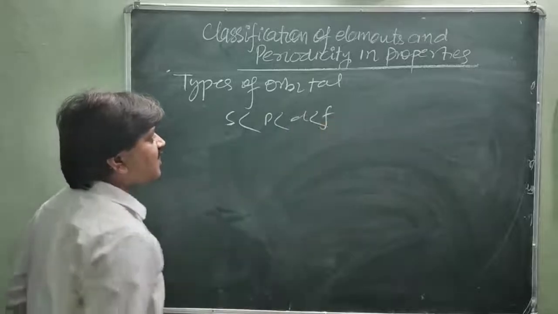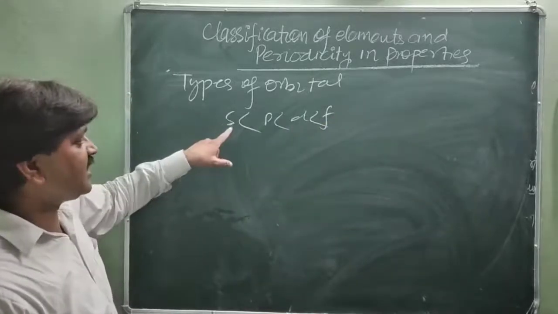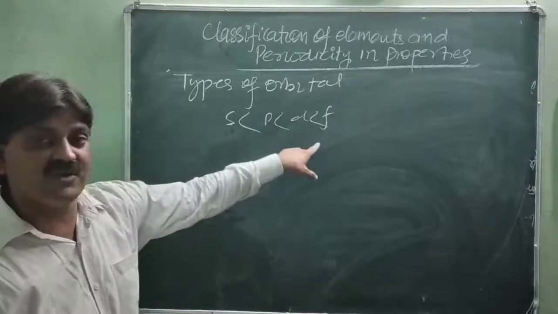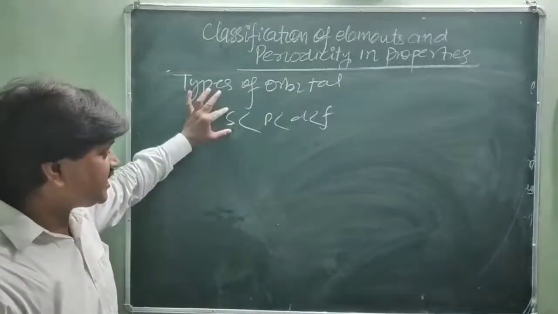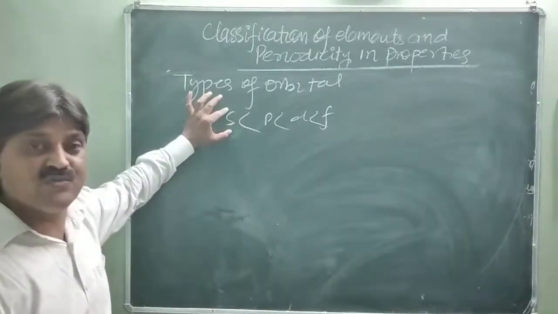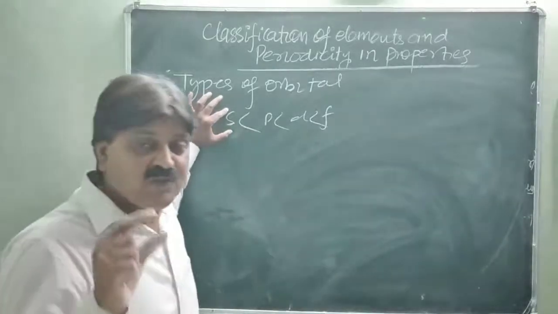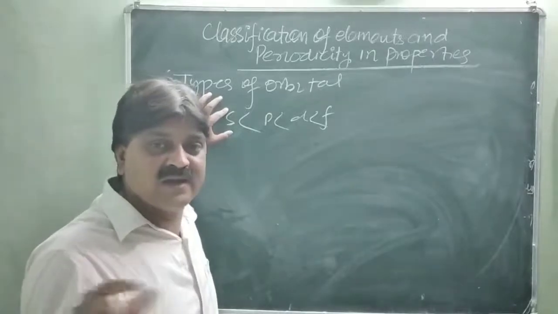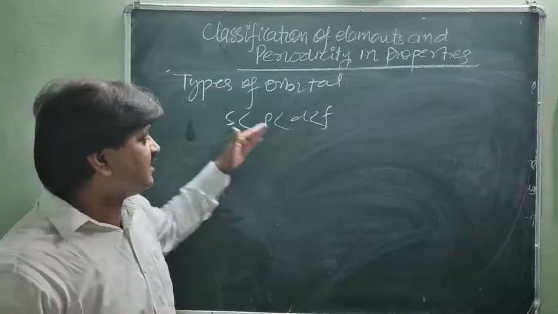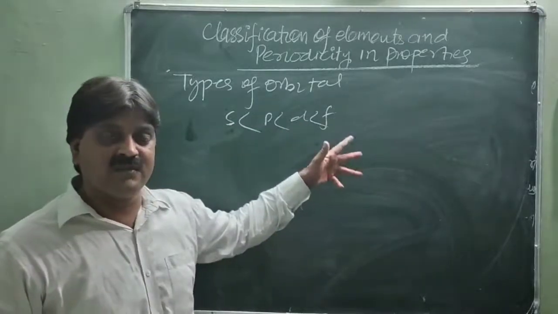s, p, d, f, is s less than p less than d less than f. So it is clear that s is nearest to the nucleus, then p, then d, and then f. When the electron is present in the s shell, it is nearest to the nucleus, having more force of attraction, and requires much more energy to pull the electron. So as we go away from the s shell to p, d, f shell, the ionization enthalpy decreases, because the